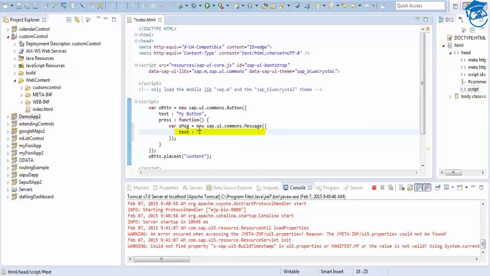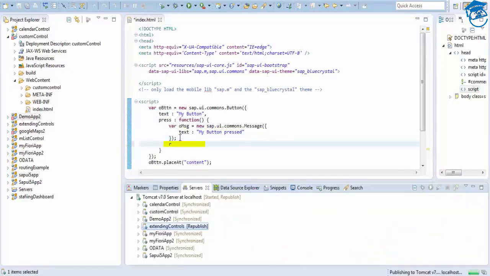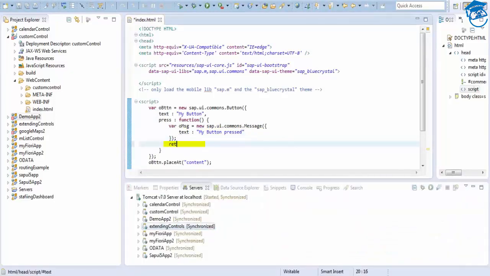So I want to display "my button pressed". I'm going to save this, and after this I'm going to return this message so that it can display. Return, the spelling is wrong here, and oMessage. So this is how I'm going to return it.